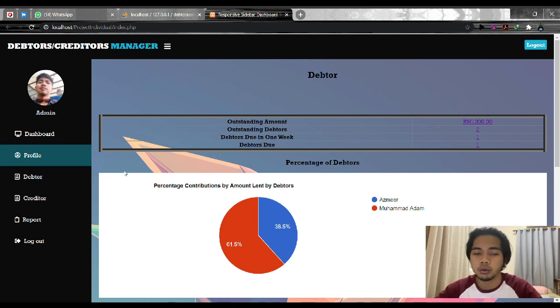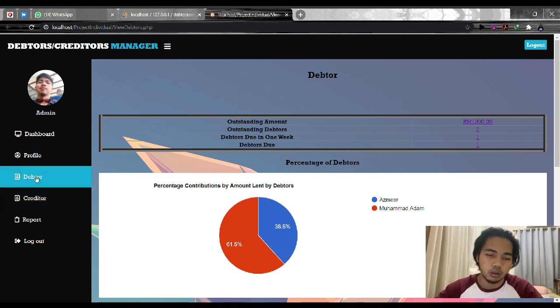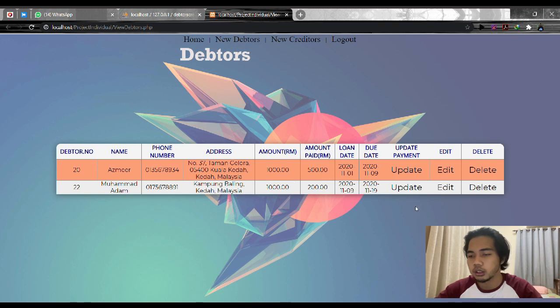After the profile picture we can go to the debtor first. In debtor, we have 3 functions, which are insert new debtors, update payment of the debtors, edit or delete the debtors. So this is the debtor list.